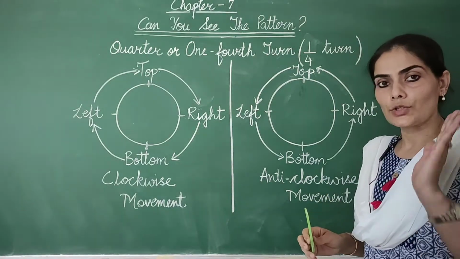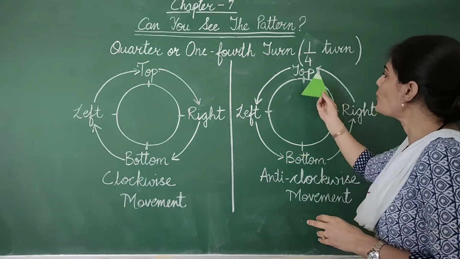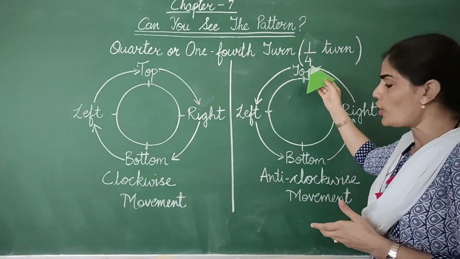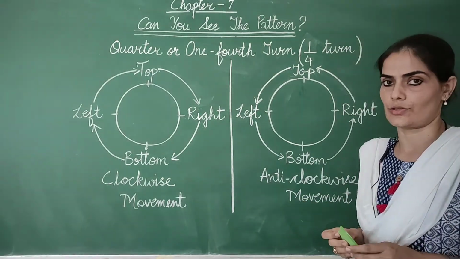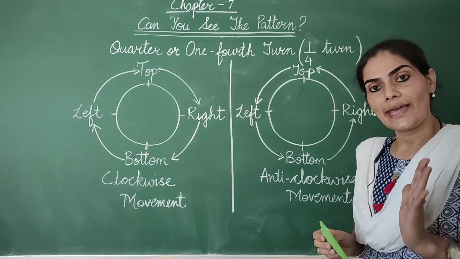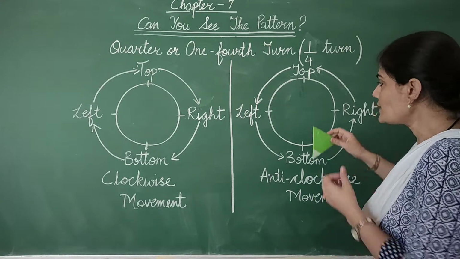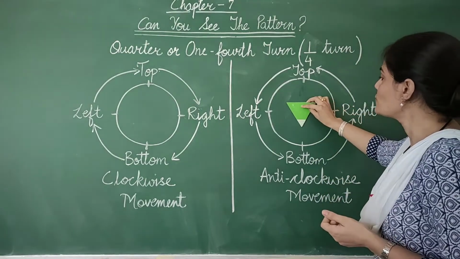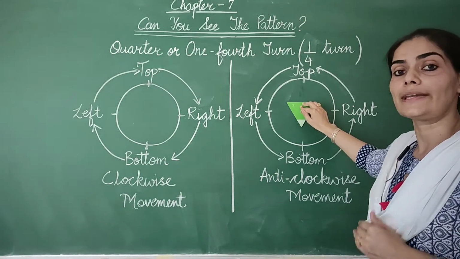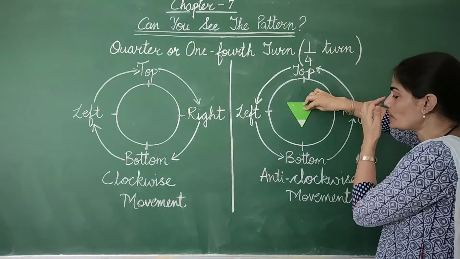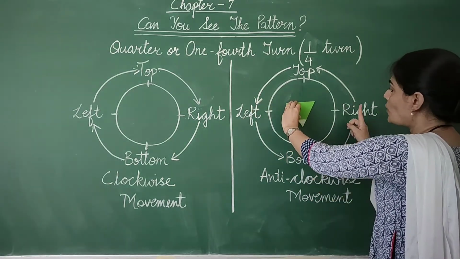And remember one thing, don't have this misconception in your mind that the object either points towards the top or it points towards the bottom. It can point in any direction. Fine. So if I say that this time the object is pointing towards the bottom and I ask you to give it 1/4 turn anti-clockwise, then what will happen? The object is not going to move towards the left now. This is how it is supposed to move.